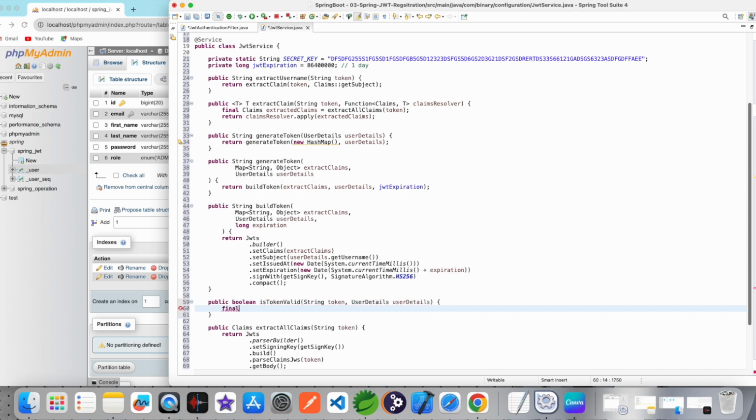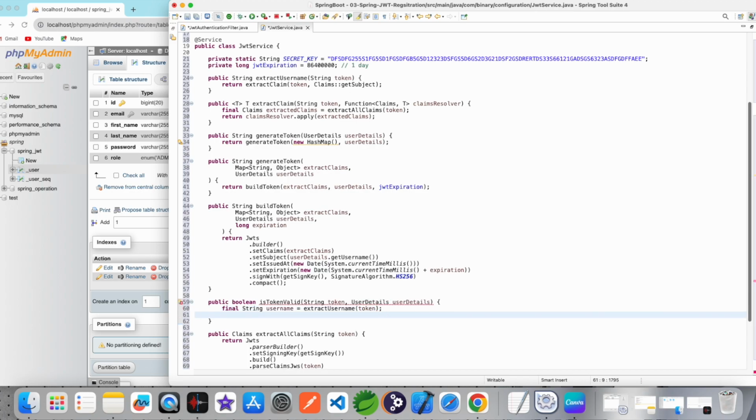Make final string username, extract username and pass the token. It extracts the user email or username from the token, then return